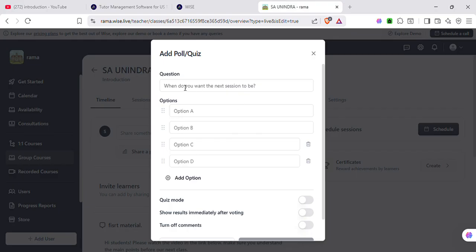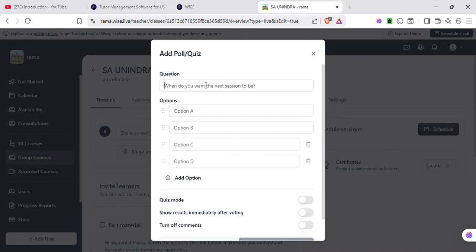Then we can type the question here and then make the options here. Since the platform only allows one question per poll, we will create 5 separate questions to make a 5-question quiz.